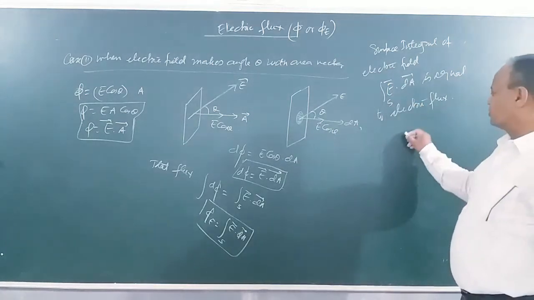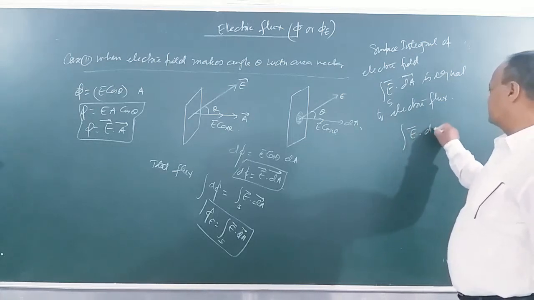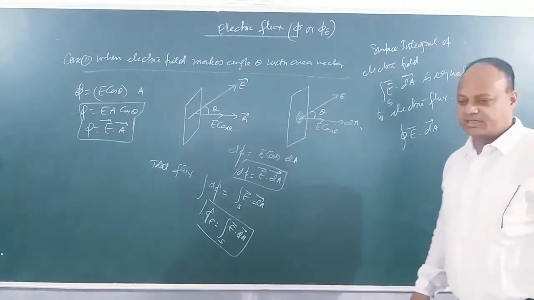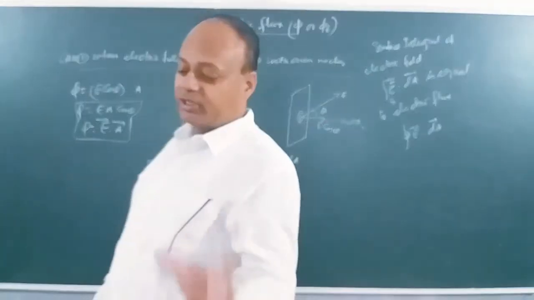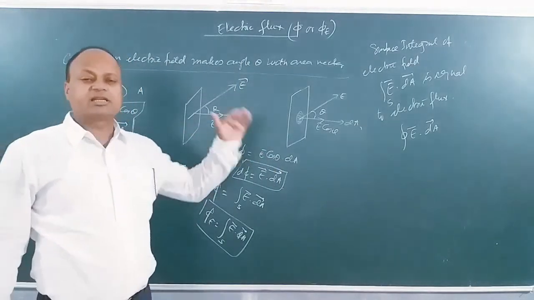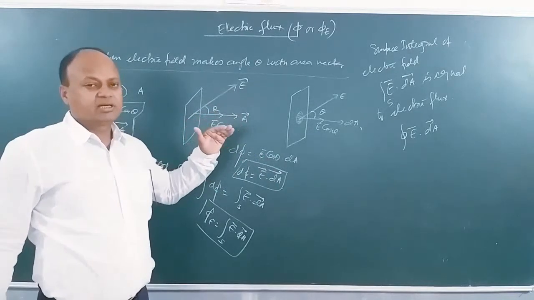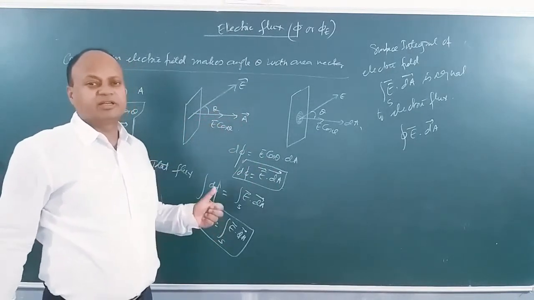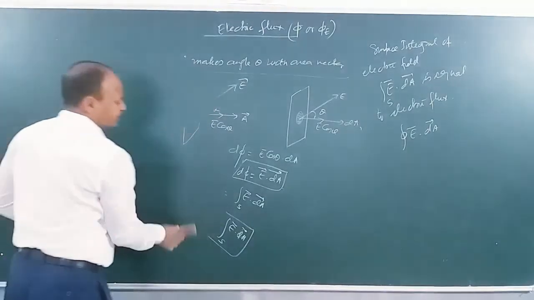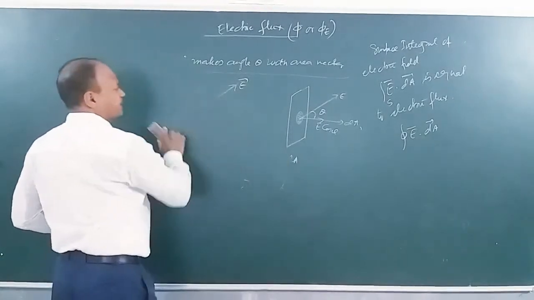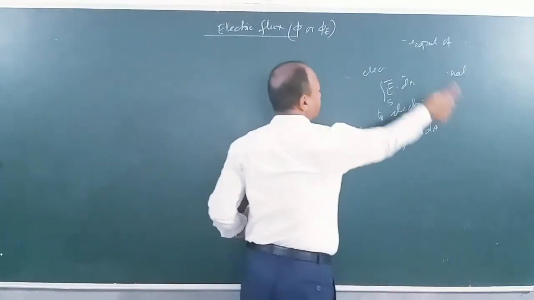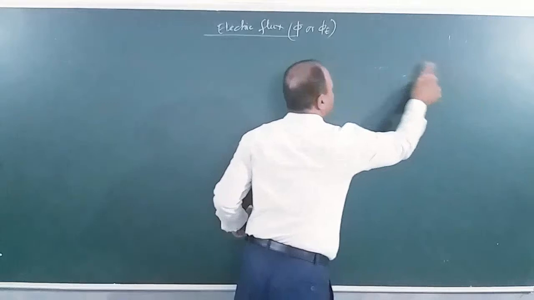Now if the surface area is closed, then we will be using a closed integral symbol. Here we will close it. If it's a closed surface, we will discuss it in the Gaussian surface. So you understand, if you want to calculate flux, then I have to multiply the electric field component in the direction of the area vector with the area of the given surface. We can see some examples, some technical cases, and remember this. There is an important point.